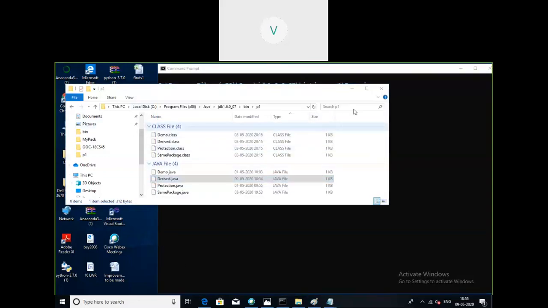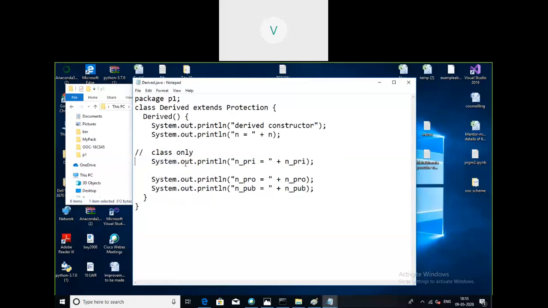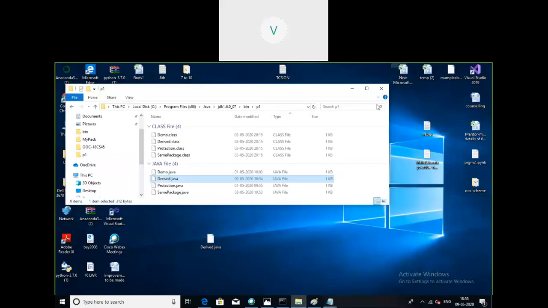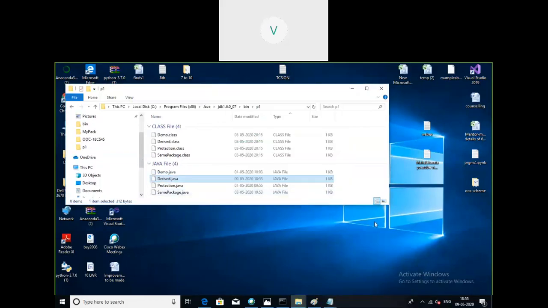Now, in derived.class, I'll put the comment again because a private member cannot be accessed. I'll save it, close it, keep it here, replace it, continue. The file has been replaced again.